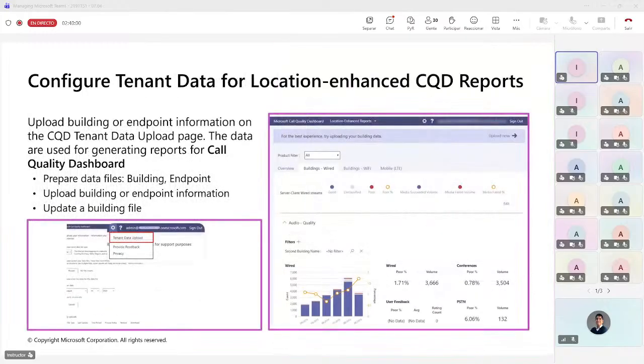We also have the CQD, or the call quality dashboard. This is a network-wide view of call quality across your organization. And so location enhanced CQD reports help the network engineer to determine if the problem is a site-related issue. So for example, you could include different building locations or endpoint specific views like wired or Wi-Fi connected devices, but the data can be assessed to determine if the problem is isolated to a single user or affects a larger